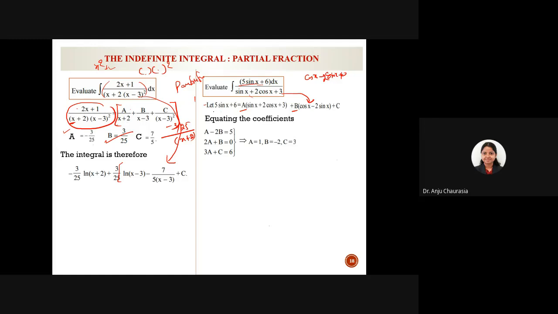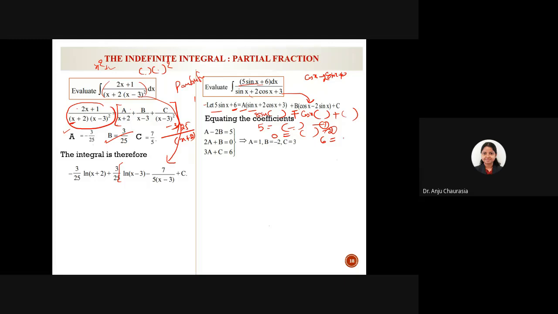So here again you are going to compare the constants. Put sin x together, whatever constant you are getting put in a bracket, and put cos x at one place, and the constant terms that are free from sin x and cos x at another. So when you compare sin x, on the left hand side you will get 5, and on the right hand side whatever is in the bracket. And again cos x is not on the left hand side, so put 0, and whatever the constant of cos x is, put it equal to 0. That gives equation one, equation two, and the constant is 6 here,